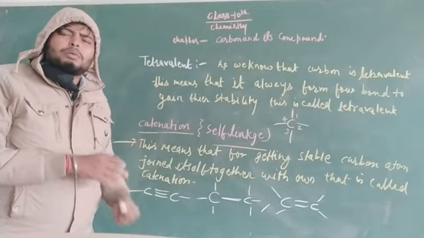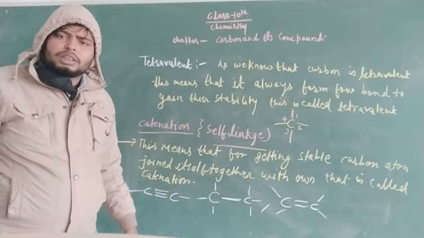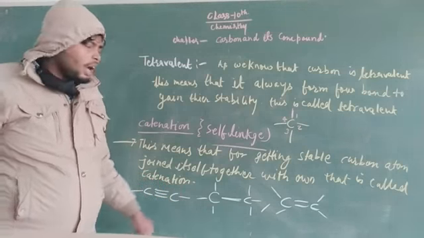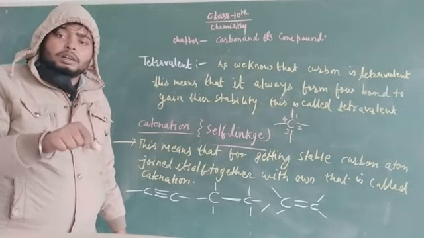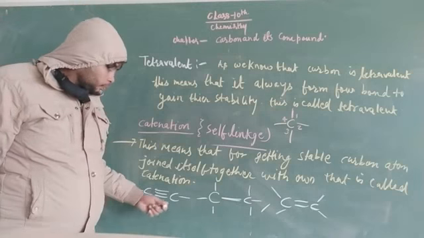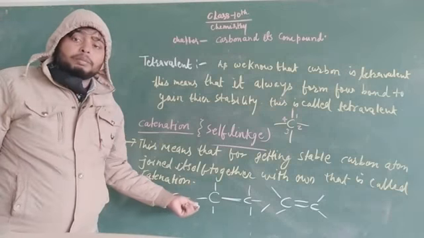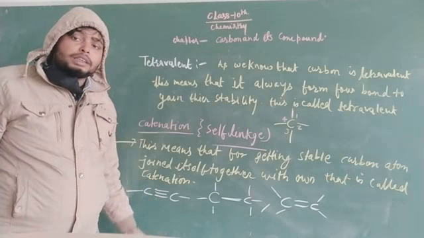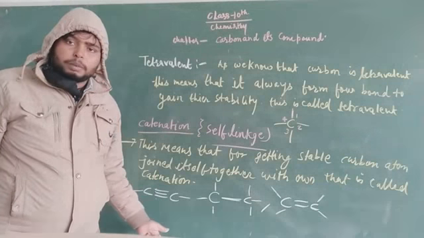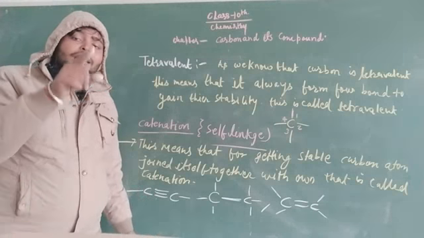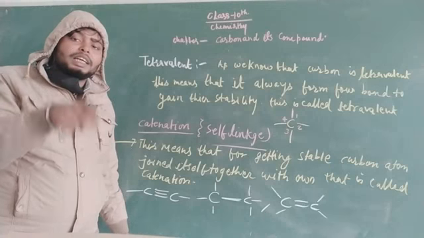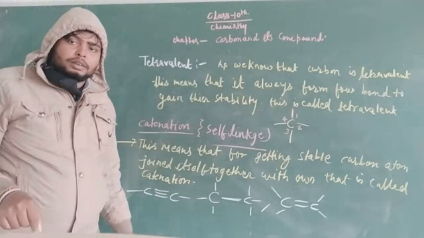Many types of versatile compounds found in the earth and in the universe are made up of carbon, and carbon is one of the most important components in them. That is the formation of organic compounds. That means organic compounds are those compounds in which carbon is present as a main component.